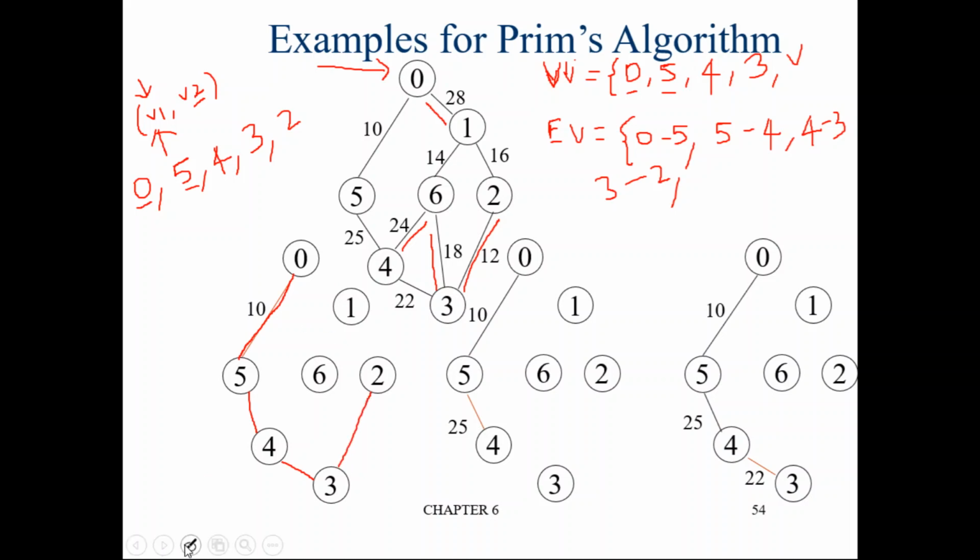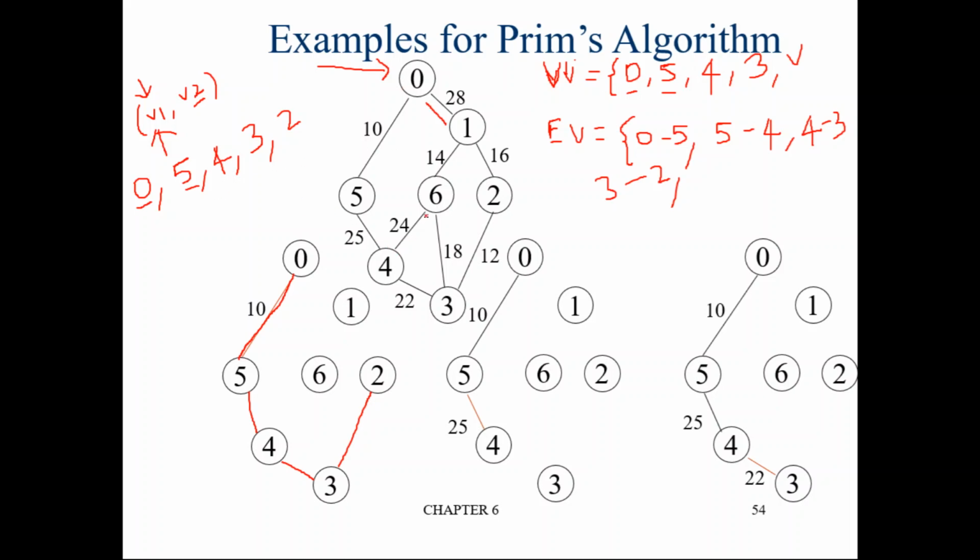So again, if you repeat this process, for 0 we have this edge 0 to 1, still available, one option. There is no edge from 5, because for 5 to 0, both were already visited. 5 to 4 is already visited. 4 to 5, both 4 and 5 were in the vertex list already.